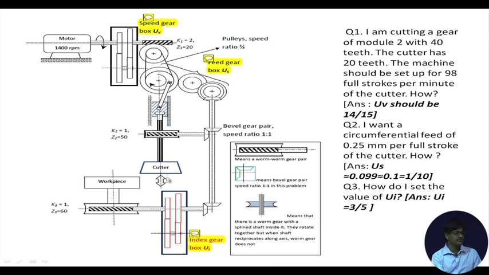One side goes for reciprocating the cutter, up and down, and the other side ultimately connects up with a bevel gear. There is a bevel gear pair which ultimately makes this shaft rotate, this long vertical shaft. What's it doing? It's having another bifurcation. Power flows out here and power flows out here in the form of rotations. Let's take this one. So, through this particular bevel gear pair, we are having rotation of this shaft.